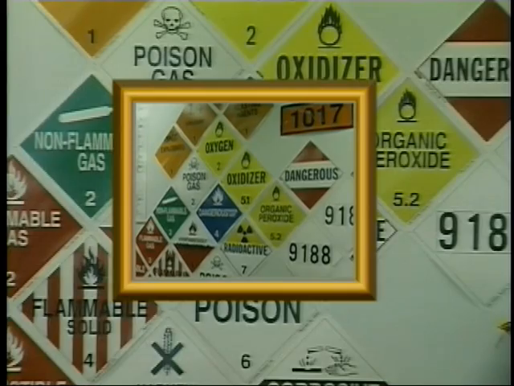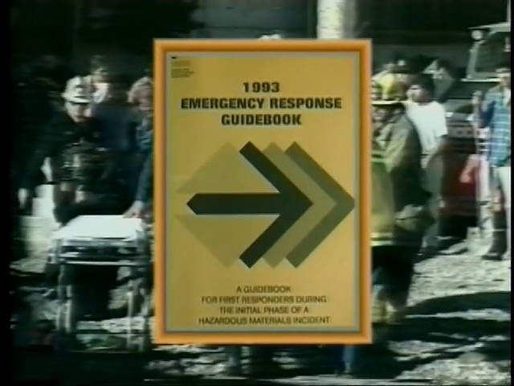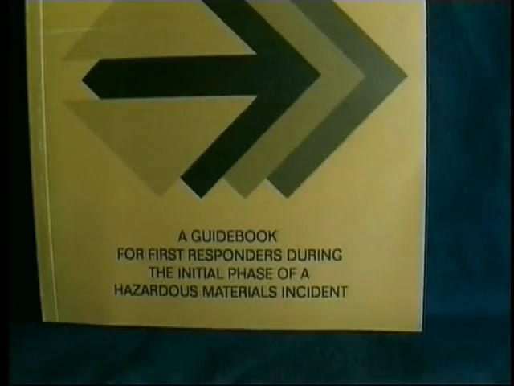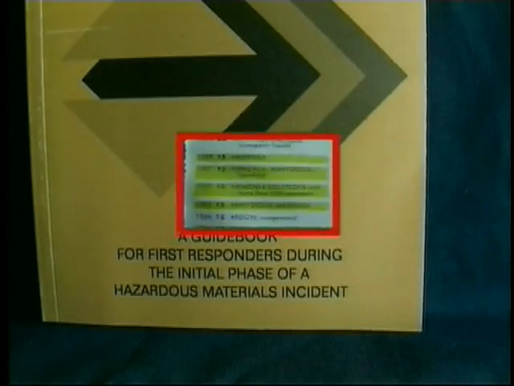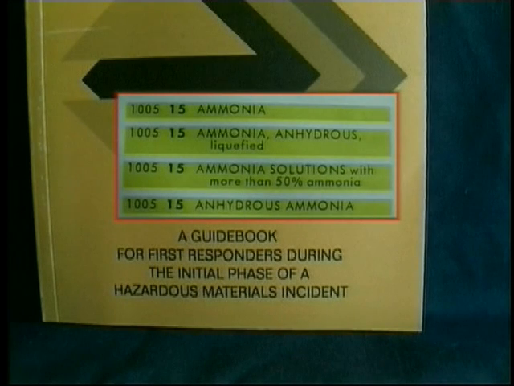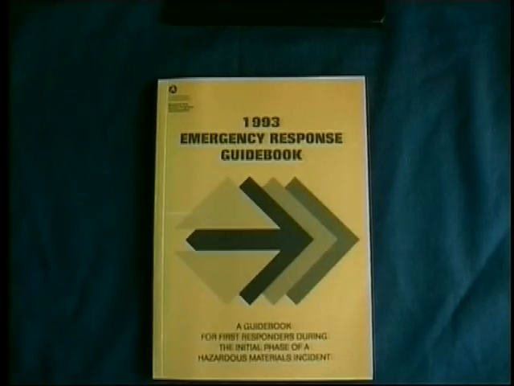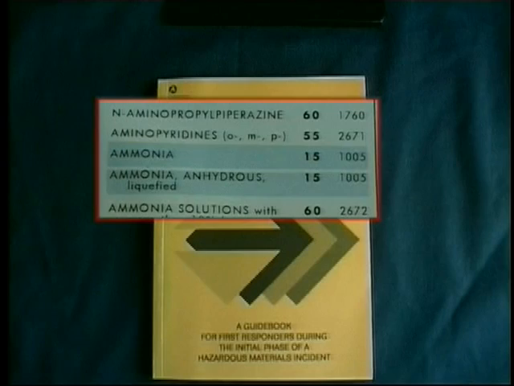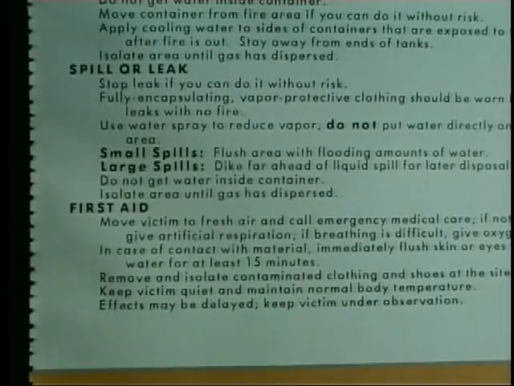Often you will see an identification number of the material, and you can look up the specific hazardous material in your emergency response guidebook. The identification number 1005 means the material is ammonia. In the book, you'll also see guide number 15 for ammonia. Turn to the guide in your book, and it will provide the information for the potential hazards of the material and recommended emergency action. Your emergency response guidebook will pay big dividends when working with spills, leaks, or other hazardous waste operations.